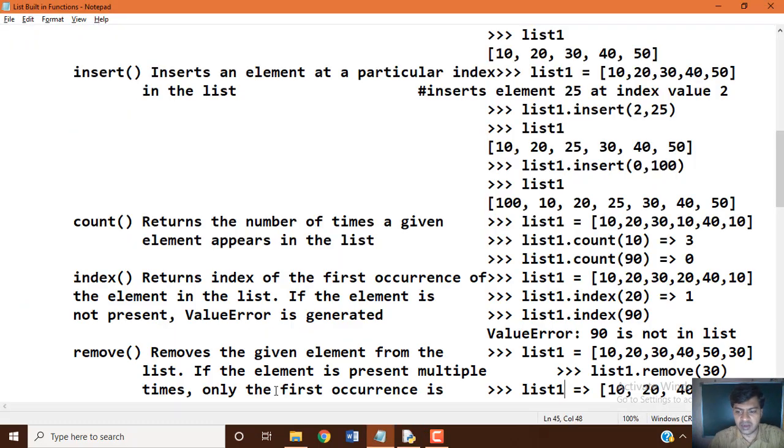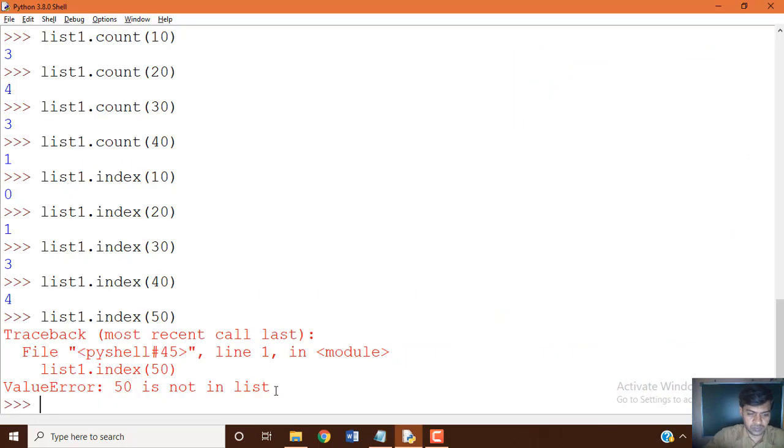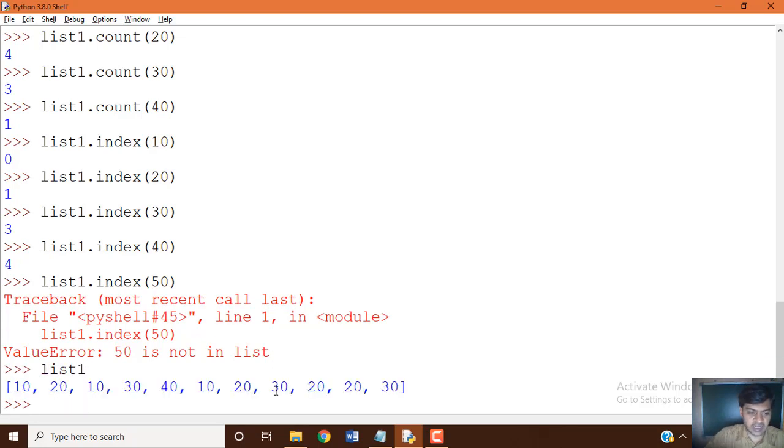In the same manner, the remove function. Let's see how you can execute it. list1 has the data. Now if you want to remove from list1, let's see what happens. list1.remove of 10.